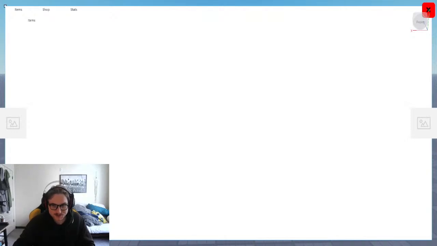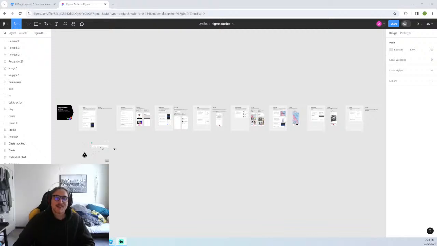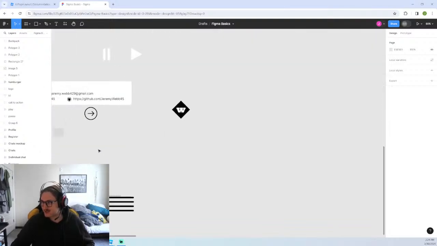Call this one Figma. It'll be the second screen. Done. So there we go. Alright, so this is what I use for anytime I make assets. It's kind of jank, but